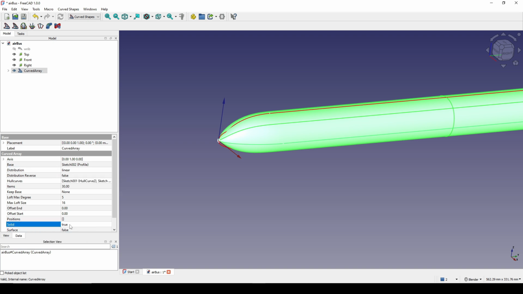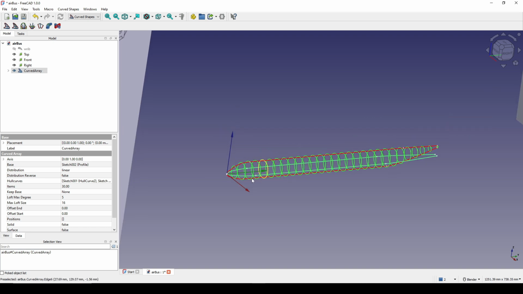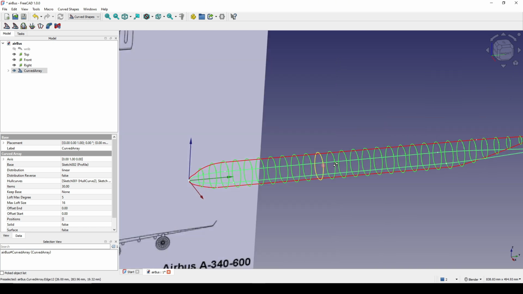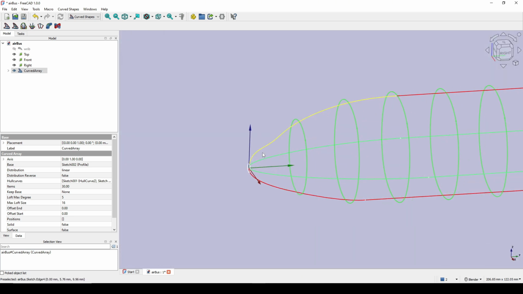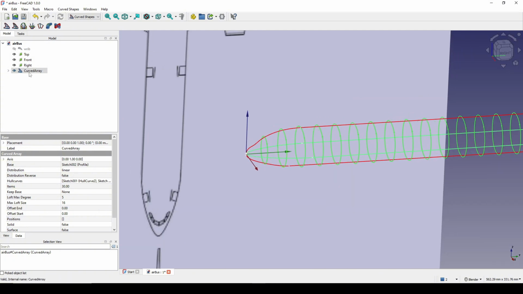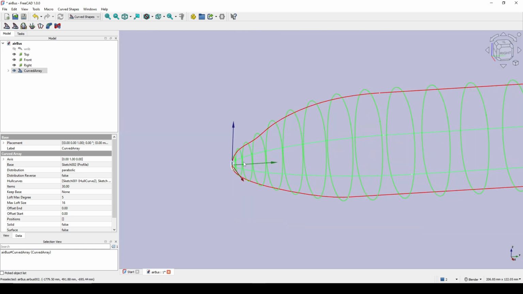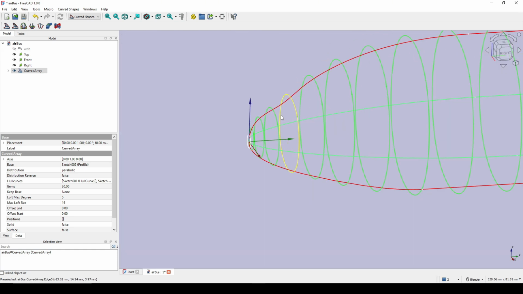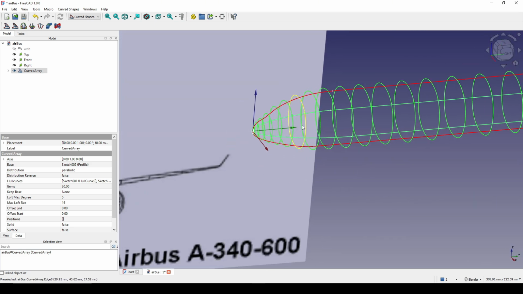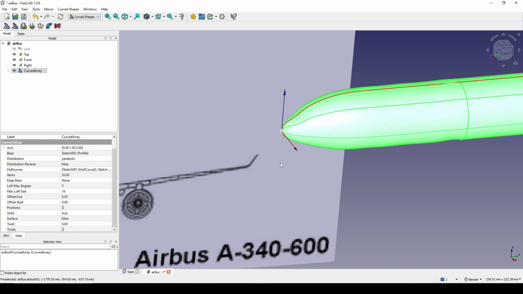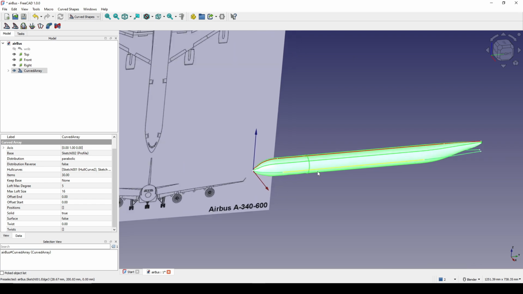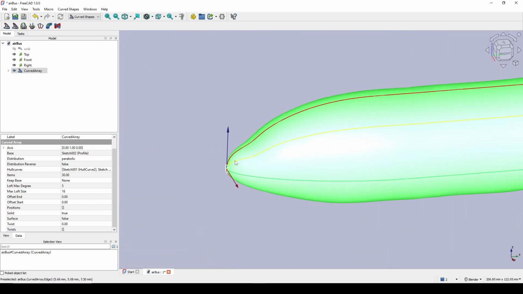The solid option back to false for you to see. This is the density of the middle interpolation curve. I need to have more density in the tip, so I need to choose a different option. Let's choose this one. Yeah, okay, you can see this one has more resolution in the tip of the airplane. Let's see if I set the solid option to true. You can see we have more resolution in the front,